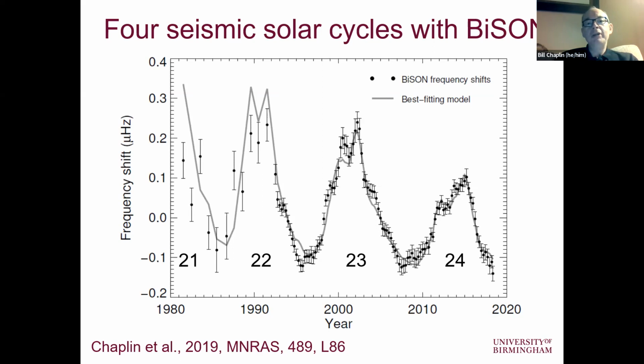Also shown on here, you can see, is what I've labeled as a best fitting model, and I will come back to this. This best fitting model sort of follows approximately the variation we would see if we looked at, for example, the variation of the sunspot number. So the frequencies that we're seeing, to very first order, are approximately following the variation that we would see in the sunspot number or other global proxies of activity. But as we'll see in a moment, there are important differences, and that tells us something very interesting.